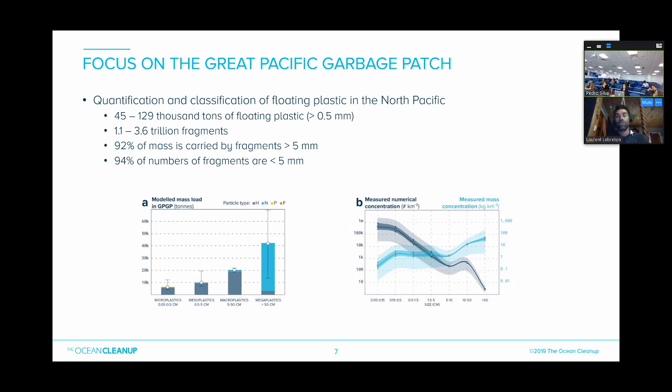You have the measured mass concentration, which is light blue, and you have the numerical concentration that is dark blue. And so what we're showing in our results is that the finer the particles, and the x-axis is the size of the particles, right? So the finer your particles, the more of them. You have millions of particles in the center of the patch, but they weigh very little mass. And then if you go to the large size classes, there's way less of them, but the mass is obviously